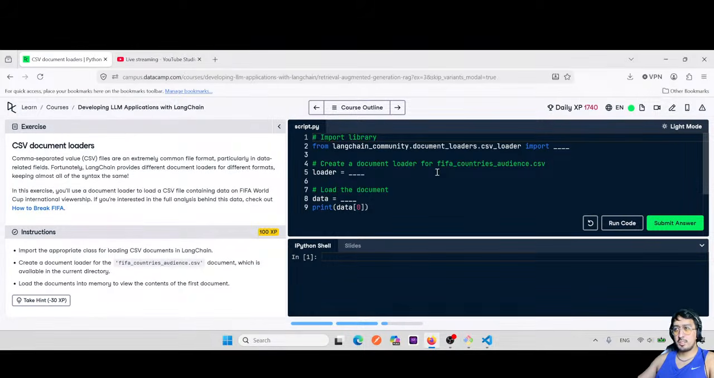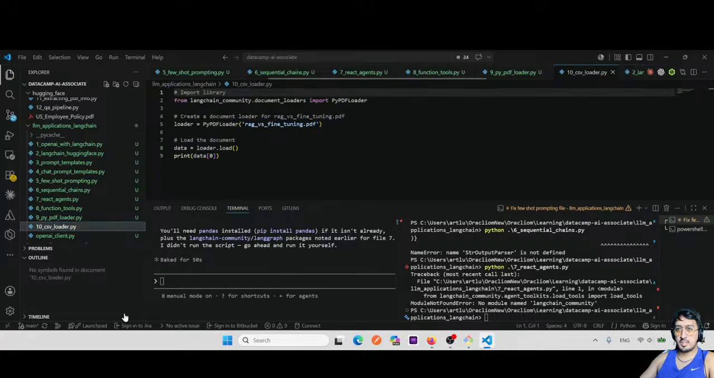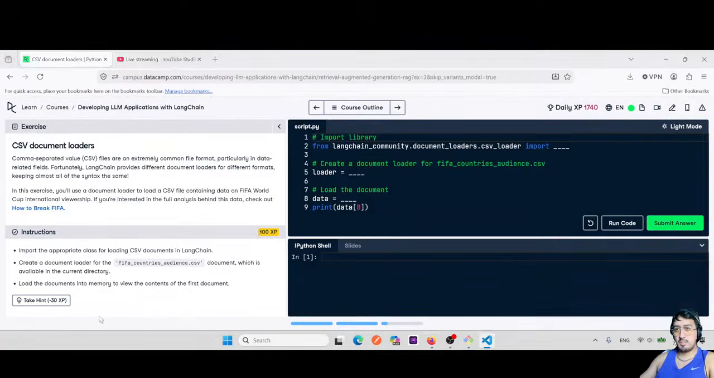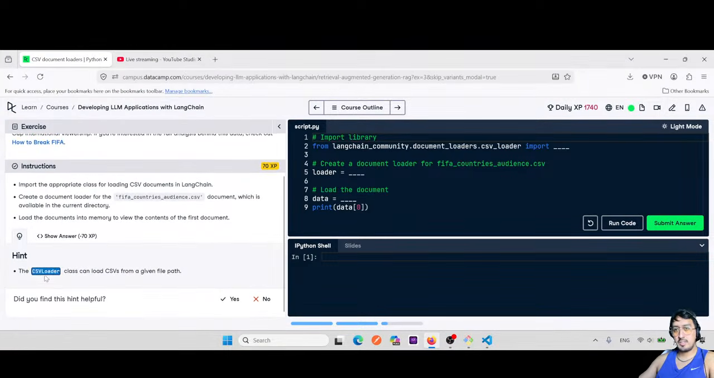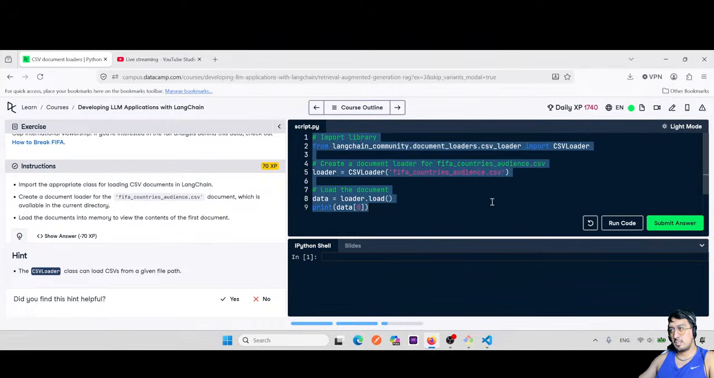And then in the next one we do the same, which is going to be 10, CSV loader. PDF loader, CSV loader. From here, well, I don't remember the name. See, I just CSV loader. Then CSV loader, and we load this. And in this data we do loader.load. So it's basically the same, but